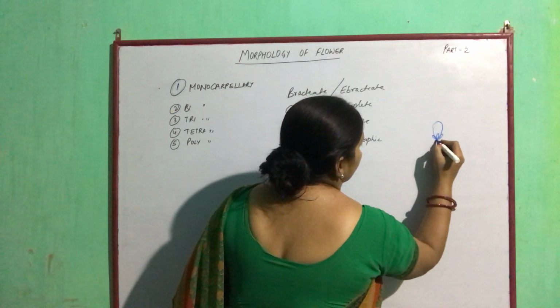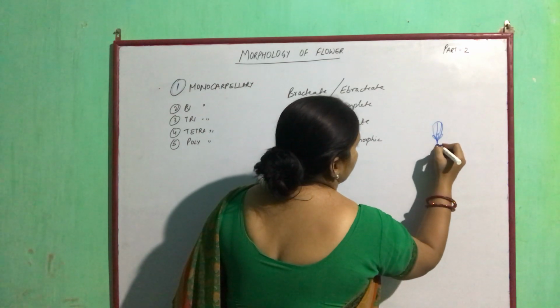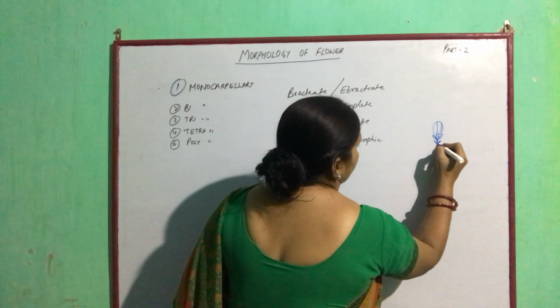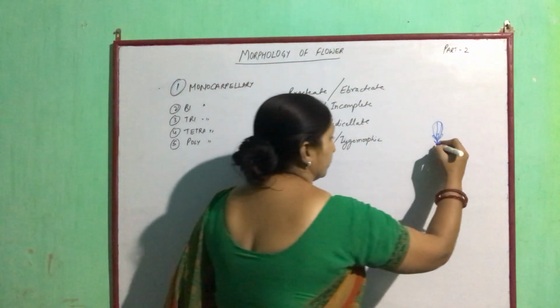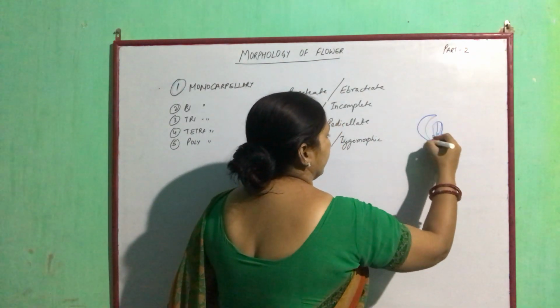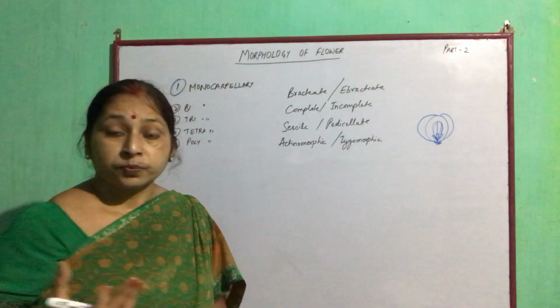So this is calyx, then this was a corolla, calyx, and after this small structures are there. These are epicalyx structures, but if an extra protective covering is there,